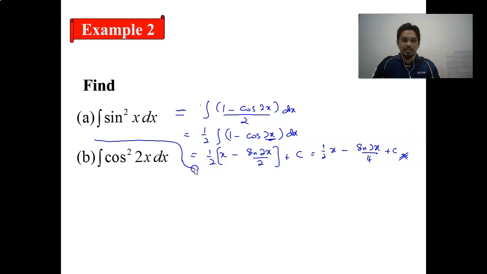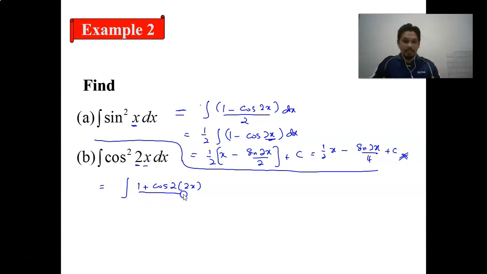So this is the solution for question A. And what about this one here now? Integral of cos square 2x dx, it is an integral of 1 plus cos 2, okay, because we're talking about sine square x, so we have cos square 2x. Just imagine that these 2 and x are separate, value here, cos 2 in bracket of 2x,